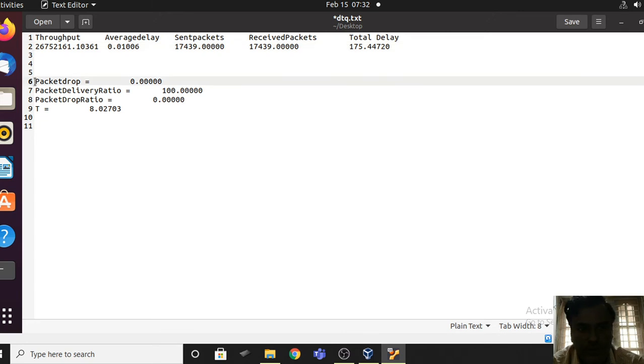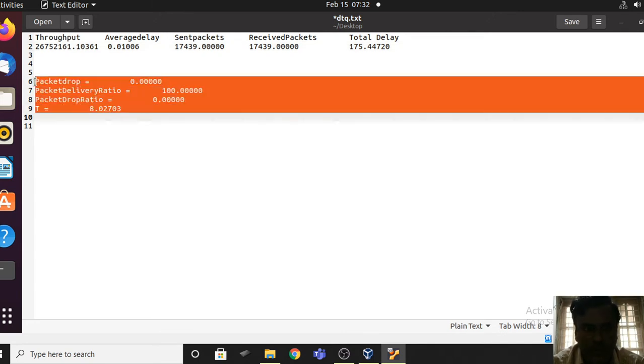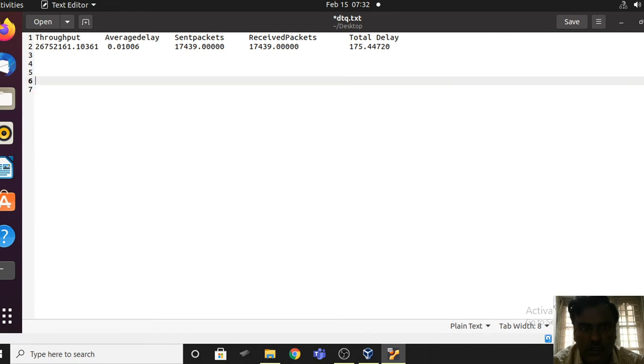If you want to note down any other parameter values, you can, it is up to you. You can save this. Yeah, now it is saved.